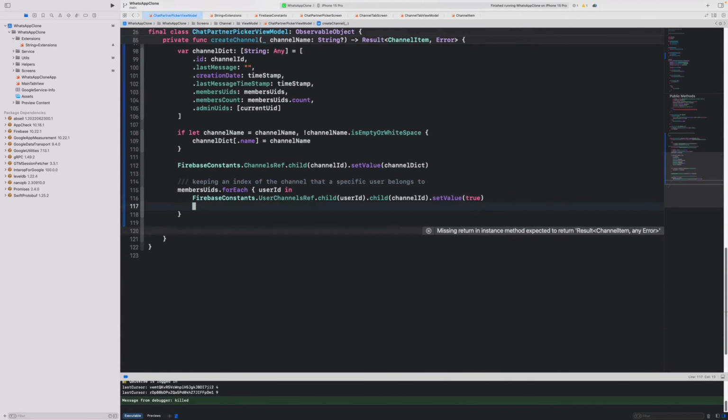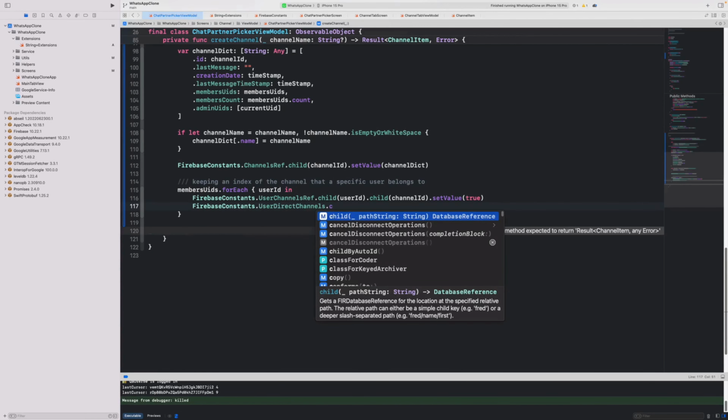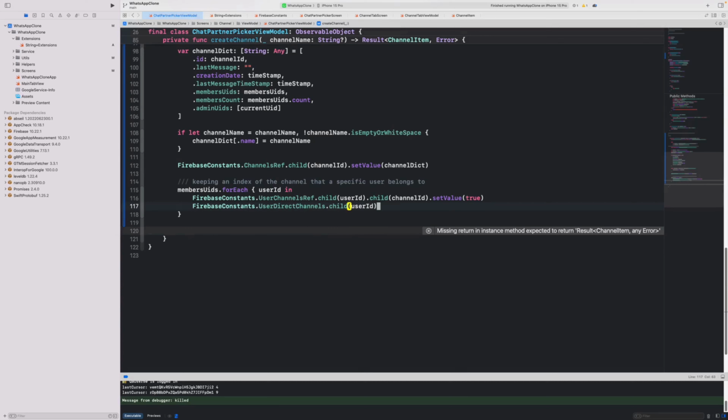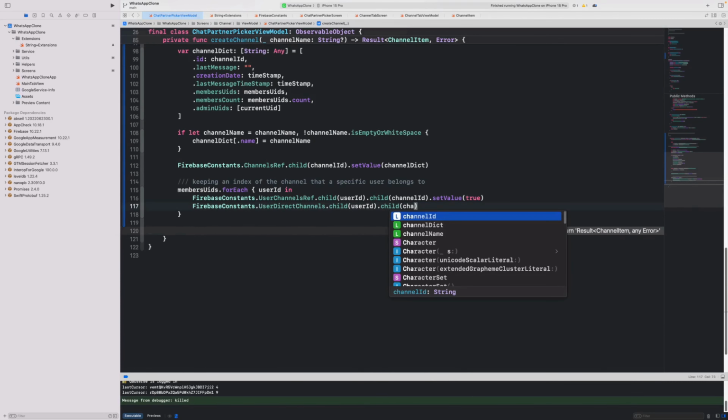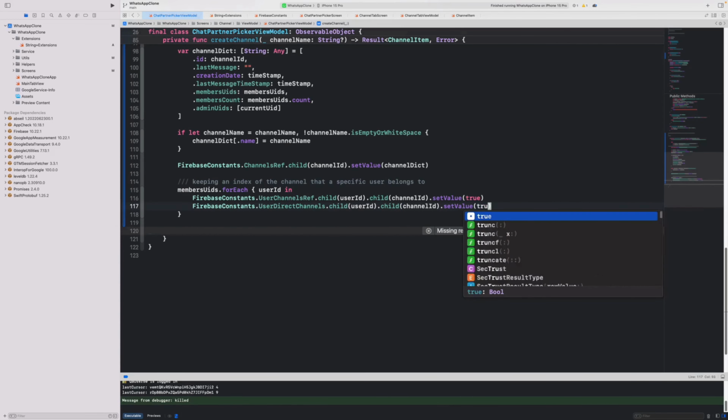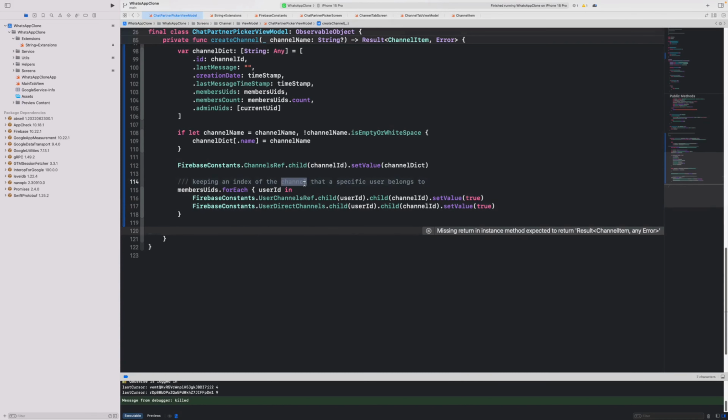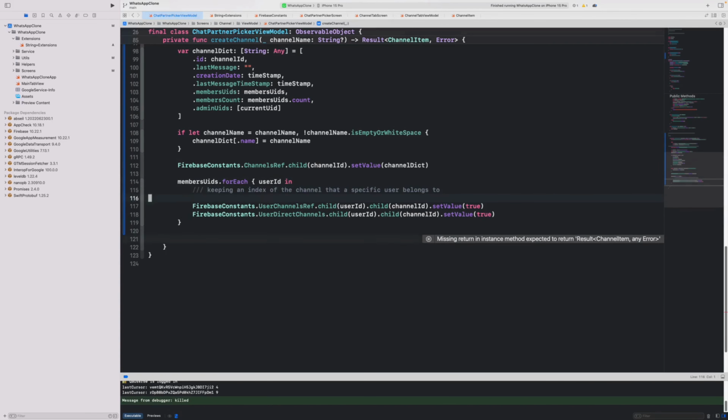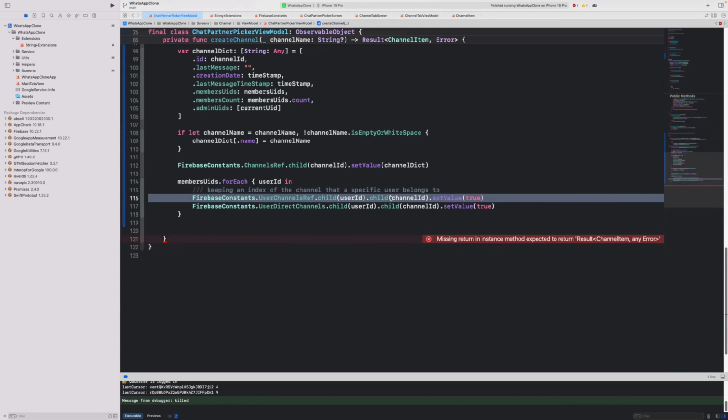So we're going to do Firebase constants, the direct channel, user direct channels. And again, we're going to do the user ID, we're going to do the child, the channel ID, and we're going to set the value to true as well. And again, this right here, let me put a little bit of documentation here. This makes sure we know which channels a user belongs to, regardless of whether they're direct channels or group channels,